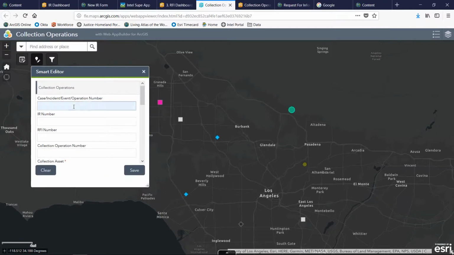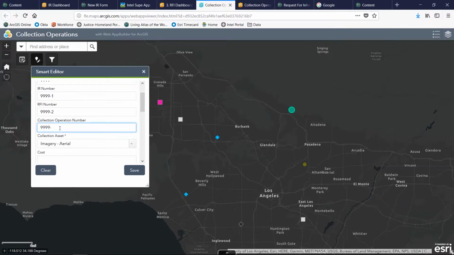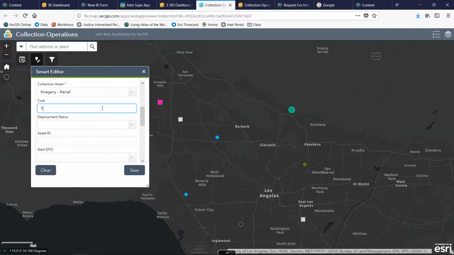So once we determine that area, we can enter the case number. If there's an IR, let's go ahead and just throw that in there, or an RFI related to this collection effort, you could denote that. If you want to capture and serialize all the collection operations as well, the type of collection, if there's a cost associated with the collection, and if there's an asset ID,